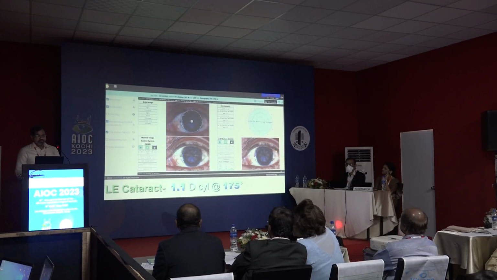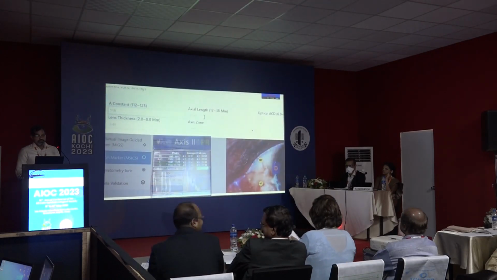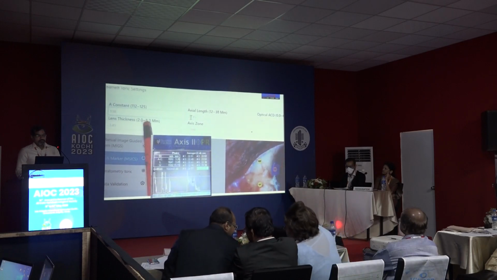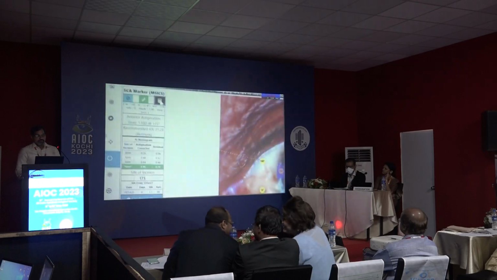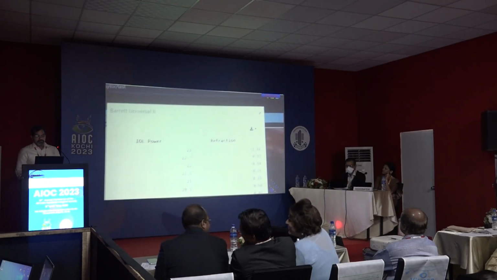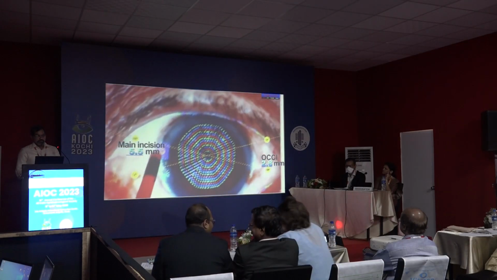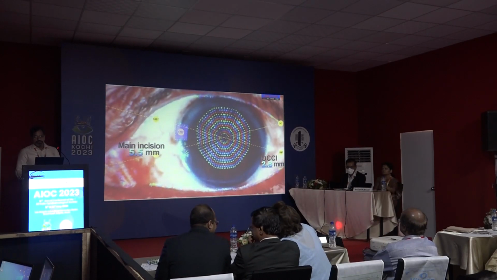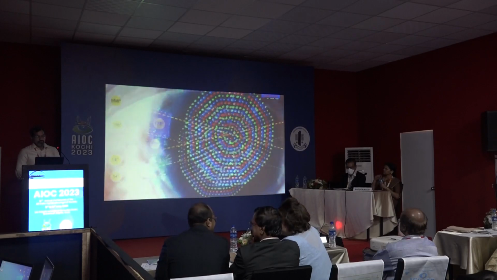The left eye has cataract with 1.1 diopter cylinder at 175 degrees. Press the pencil icon to enter biometry data in Barrett Universal 2 formula. Then click the calculator icon to get IOL power options with residual refractive error. I planned for 5.5 millimeter main incision at 175 degrees and 2.8 millimeter OCCI to neutralize the 1.1 diopter astigmatism